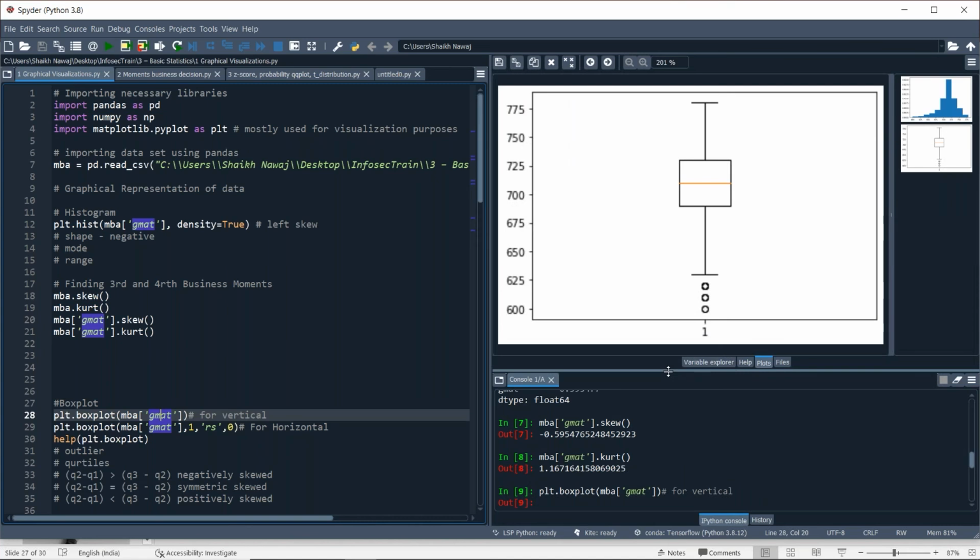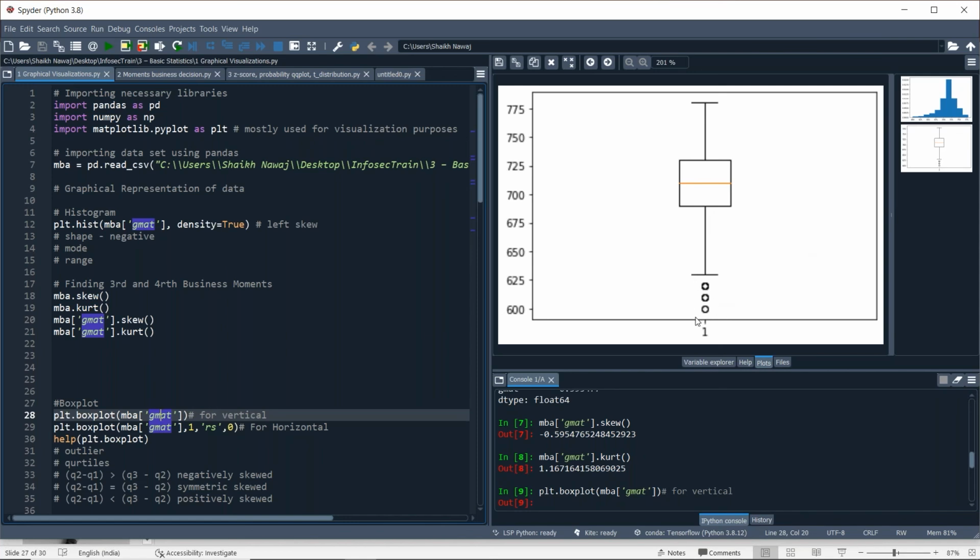After plotting the box plot, you will see that there are some outliers present. Now let us discuss the quartiles, because from the box plot we can easily find them. These are the outliers.